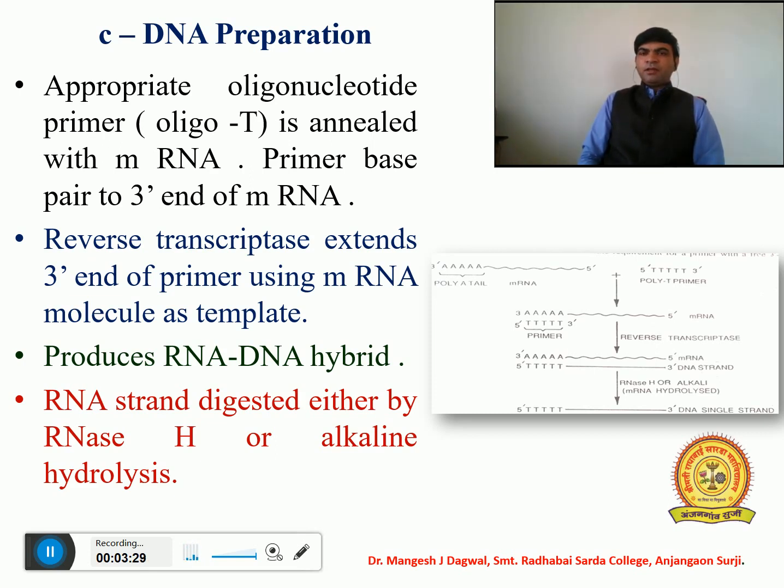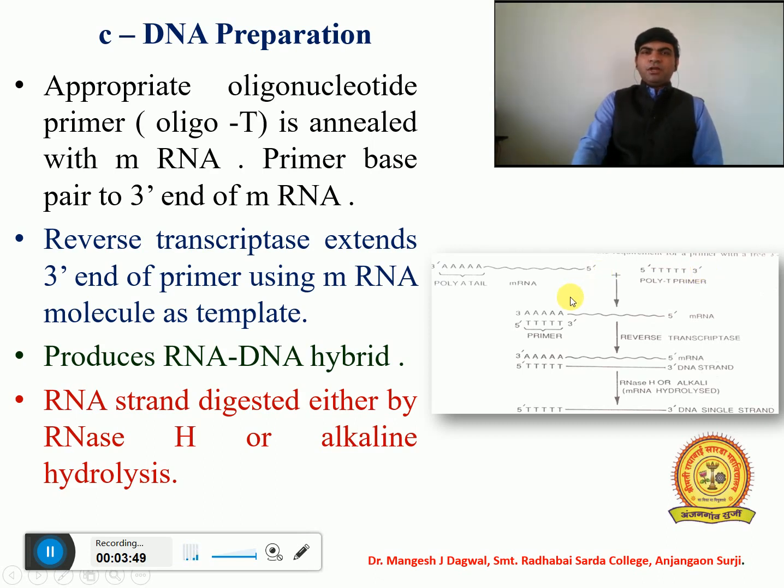This is how cDNA is prepared. First of all, there is the use of mRNA as a template. Here we can see the mRNA used as a template, and this mRNA has some special features. This is the mature messenger RNA, which has a 3' end with a poly A tail, and there is a 5' end.